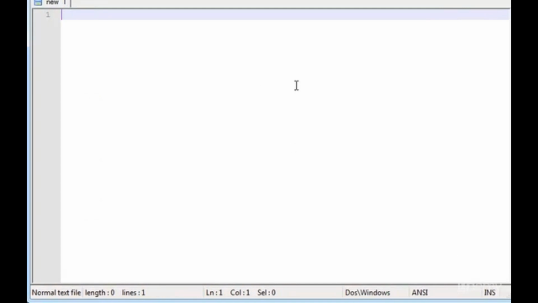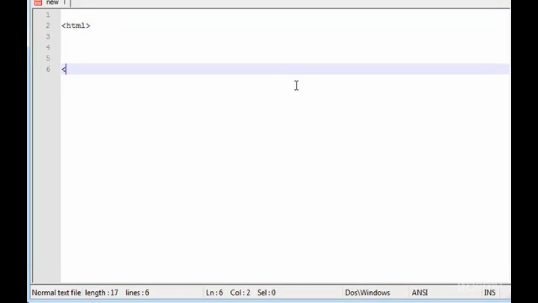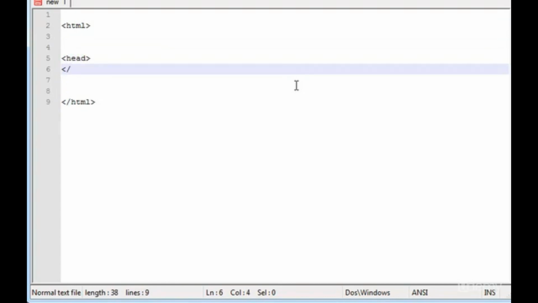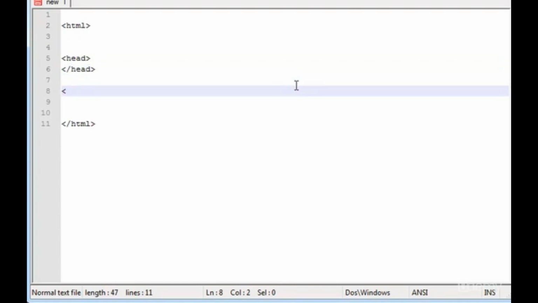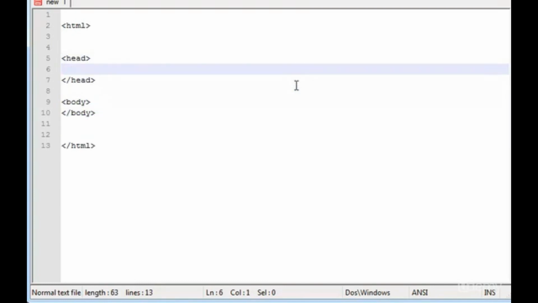Okay, and create the first page or the main page. So let's type HTML, close HTML, and here you can type the head, close head. Here you can type the body, close body, and you can type here title and close title. Okay,